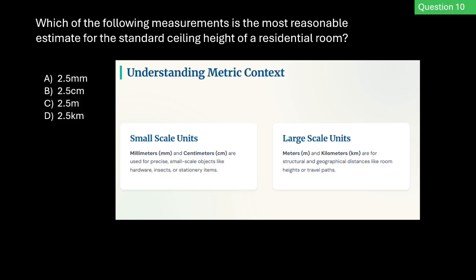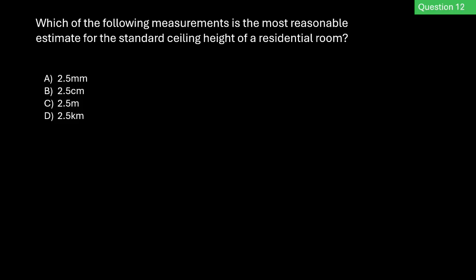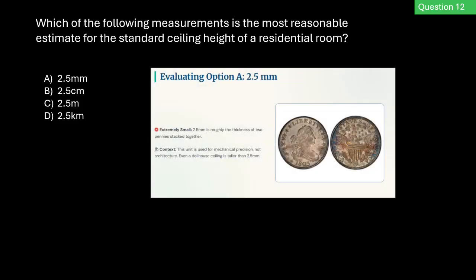But let's take a look at each answer choice, starting with answer A, 2 and 5 tenths of a millimeter. Now, this measurement is extremely small. To put this in perspective, it is roughly the thickness of just two pennies stacked together. So we can safely rule this one out and take a look at answer choice B,